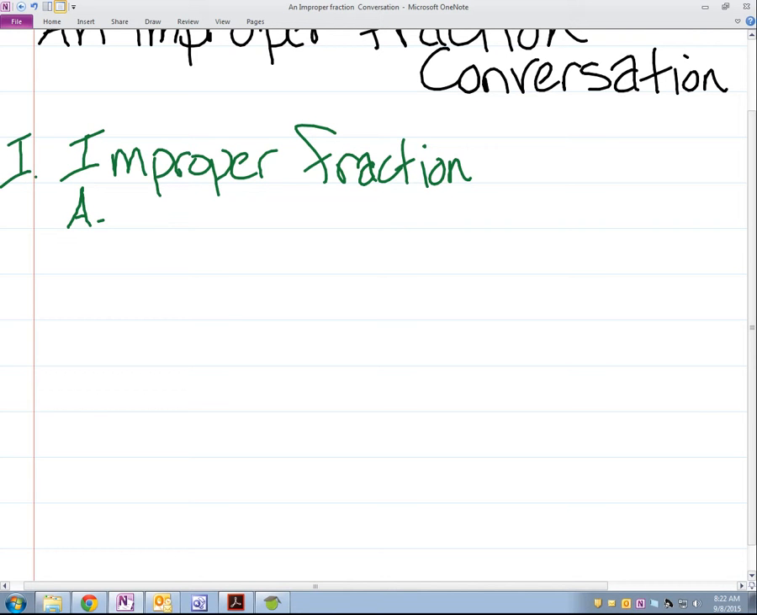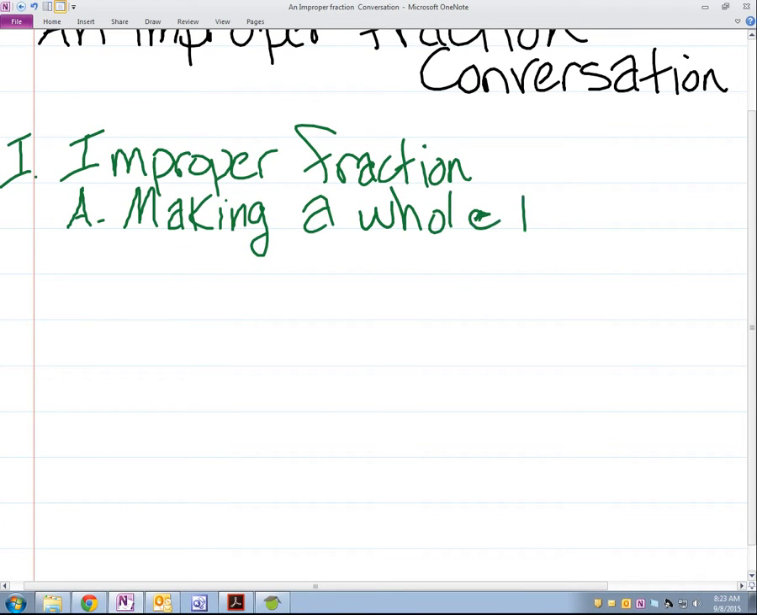And if you're keeping track at home, about your finger width or so, that's how far it should be inside the first one for the future. Improper fraction, making a whole number, or